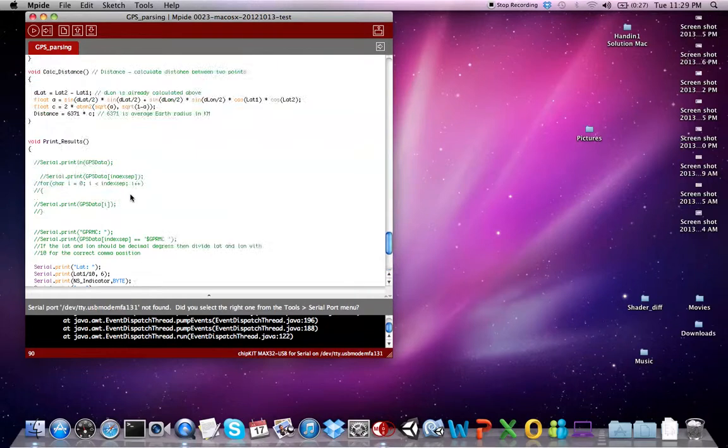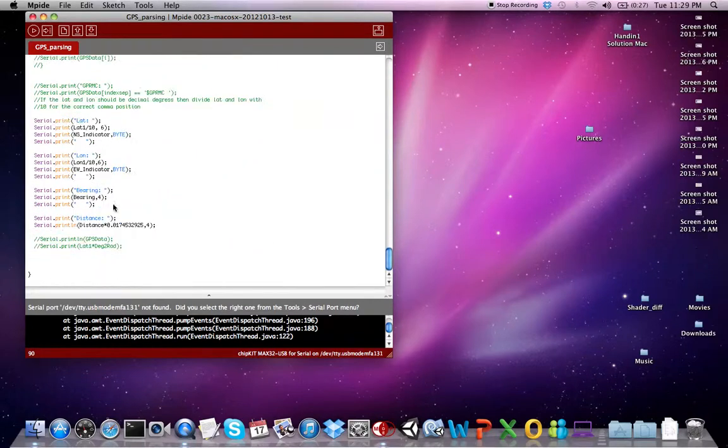In the last part of this code, we have the print result, where we just print the latitude, longitude, and bearing and distance. And again, we have changed the comma position on the latitude and longitude to get the right one outputted. And we have also tried multiplying the distance with what 1 degree is in radians, but it doesn't really make any sense. So let's just save it and end this presentation.